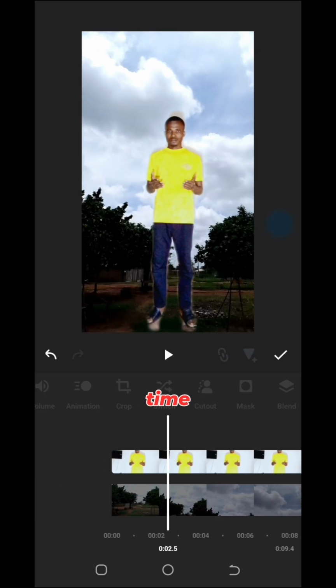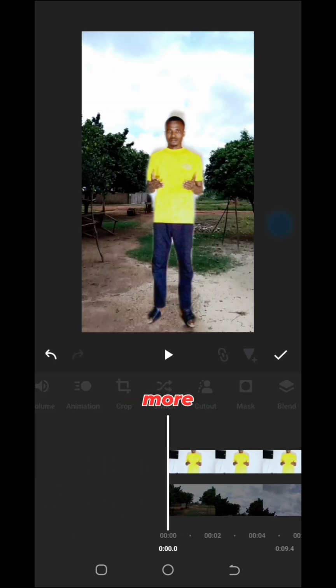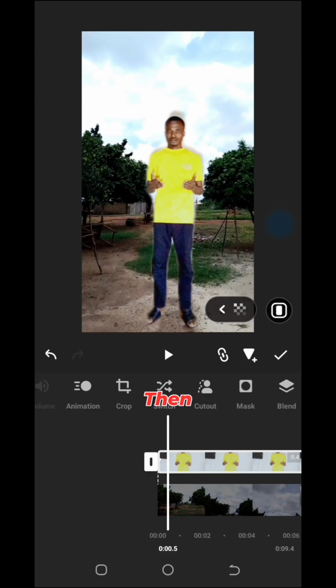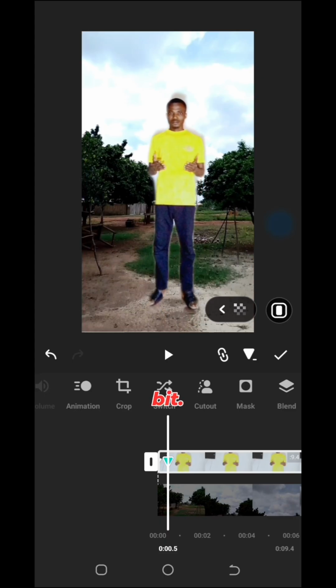And that's it. So this time around, in order to make it more engaging or more realistic, now we click on the first clip, and then we are going to apply the keyframe to make it more realistic. So first of all, you click on the keyframe, then you shift the first clip a little bit, then click on it again. So this time around, you click on the picture or the photo to raise it a bit,